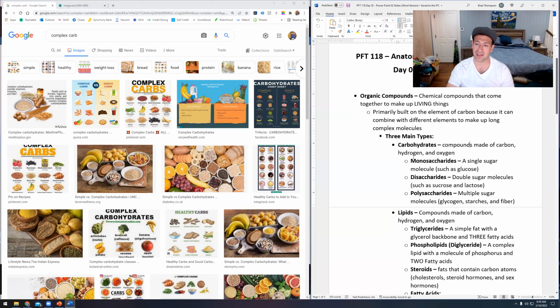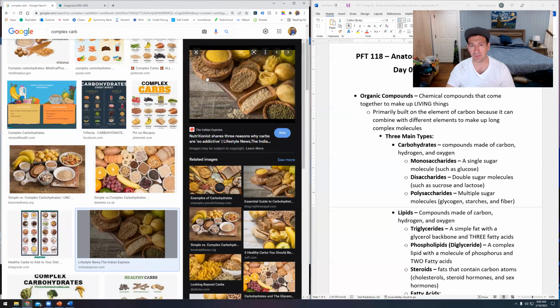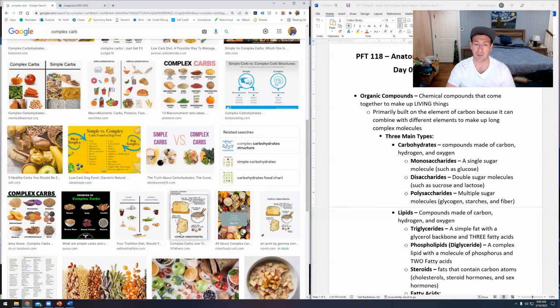When you take a single glucose molecule, a single sugar molecule, we call that a monosaccharide. Glucose is a single sugar. It's a monosaccharide. When you put a huge chain of those together, you end up with a complex carb, and that's what we call a polysaccharide. This is a lot of sugar molecules all linked together. So you see, complex carbs are very complex. They make up these very cool tasting foods that are packed full of energy. And what's great about that is it takes a lot longer.